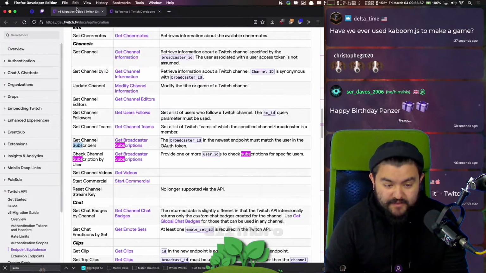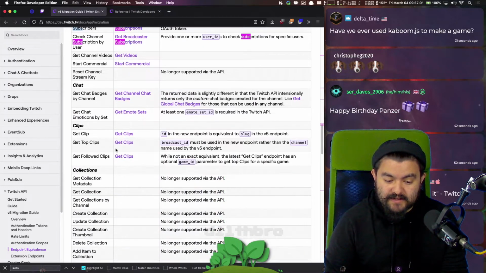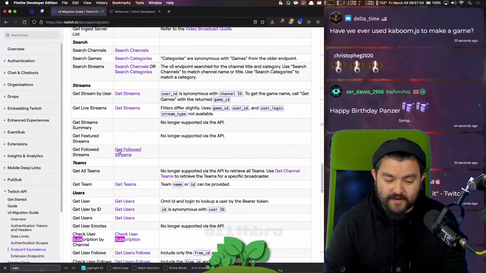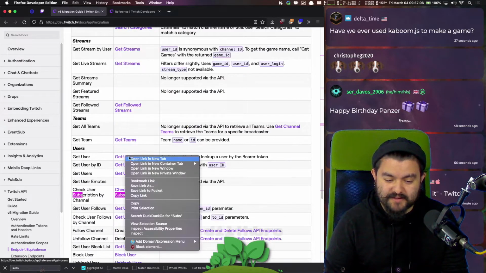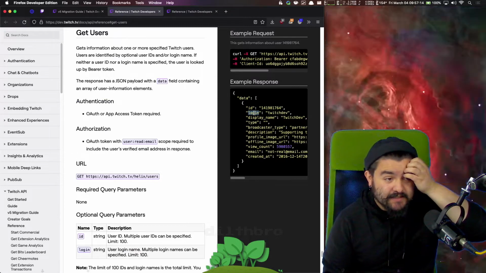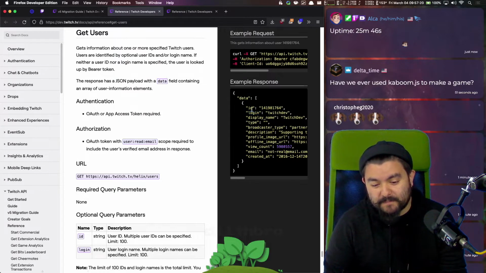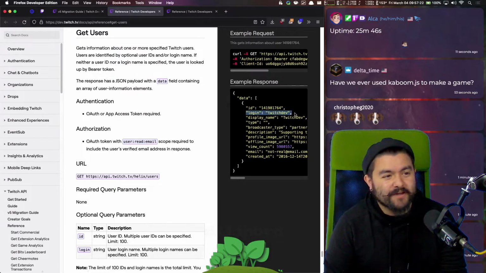But this API endpoint in the newer one is missing a created at property. So I don't know when a Twitch subscriber became a subscriber, and I don't know any way to get that. And another weird thing: this is a serious breaking change. This property used to be called name. Now it's called login. I guess that's fine because that's more likely what it is, but why couldn't you just keep the same property name?